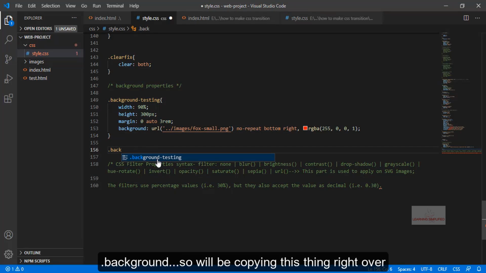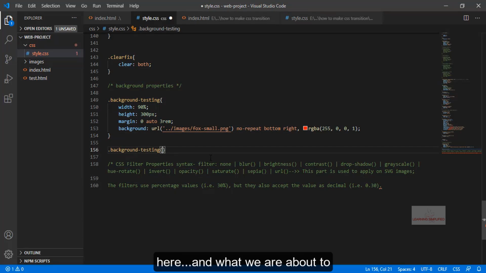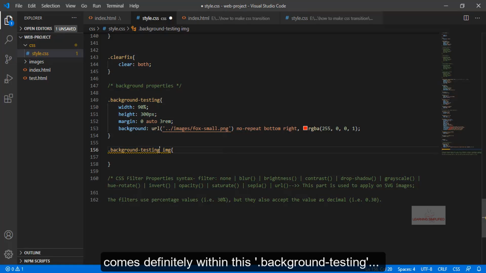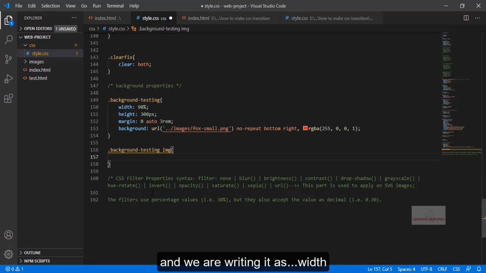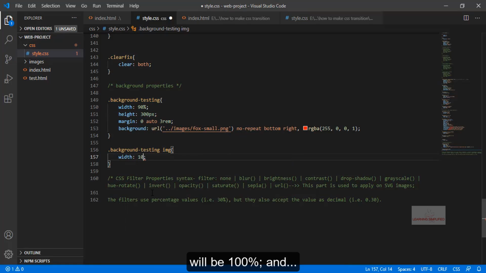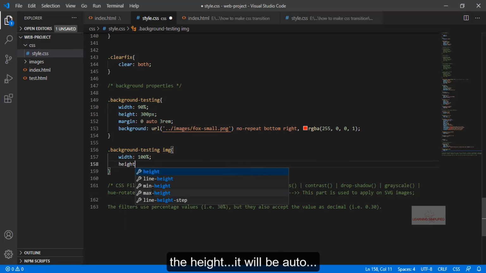So we'll be copying this thing right over here, and we are about to customize the image part. We are customizing any image that comes within this dot background testing, and we are writing the width, which will be 100%, and the height, which will be auto.